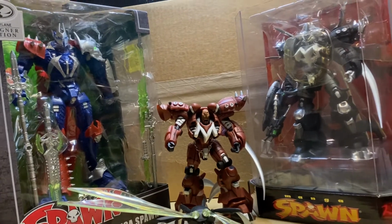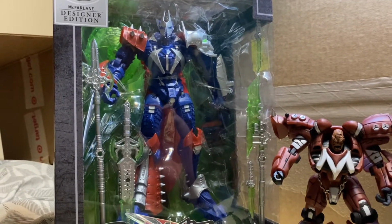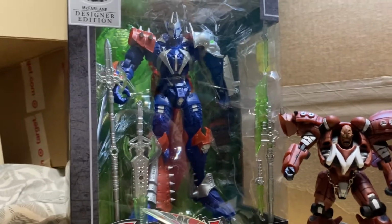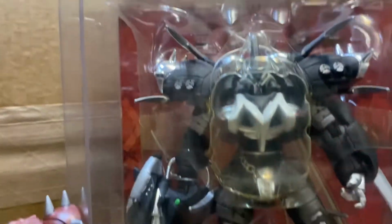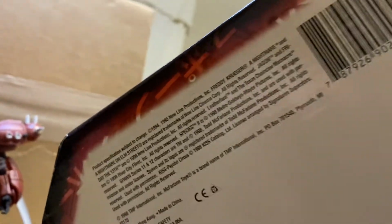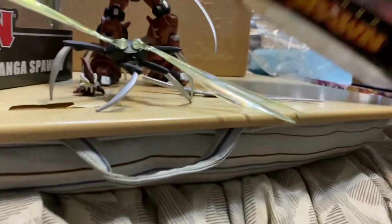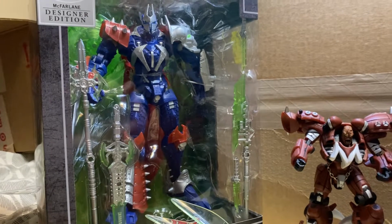And the time was right for this video, because this figure came out, or at least I received it today. So the time was right for this sort of comparison video. This one is hard to film. He's in a deluxe box. Let's see what year this is here. This one is from 1998. This manga Spawn is from, forgive me here, 1997. And this one here is, of course, from 2022,